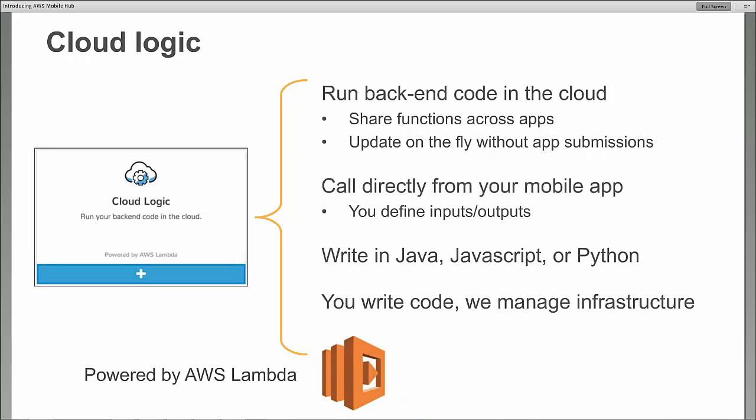Finally, cloud logic. Using AWS Lambda, being able to connect with backend functions running in the cloud, whether written in Java, JavaScript, or Python. What's beautiful about this is actually that the infrastructure is all managed for you. You don't have to consider powering up servers or managing an OS or the security of that OS. You just provide code, that code executes and returns results and engages.